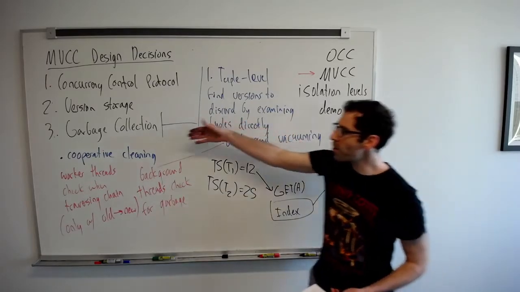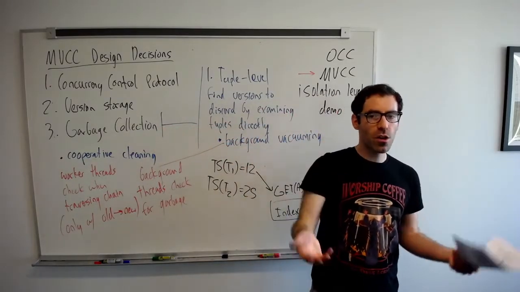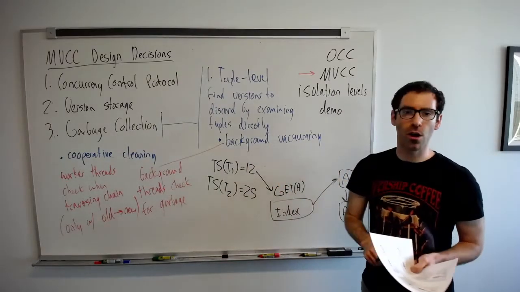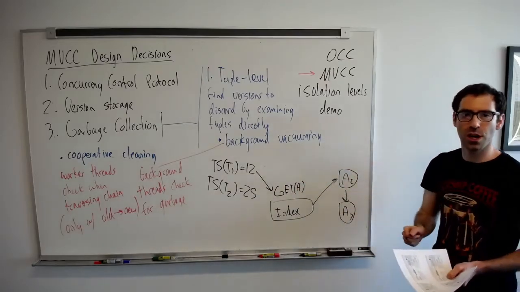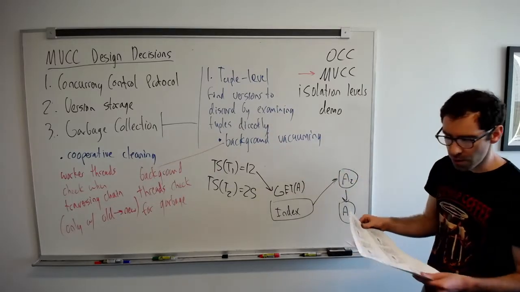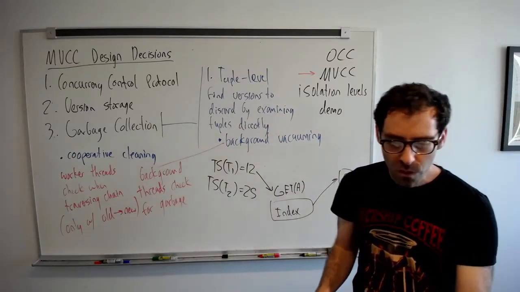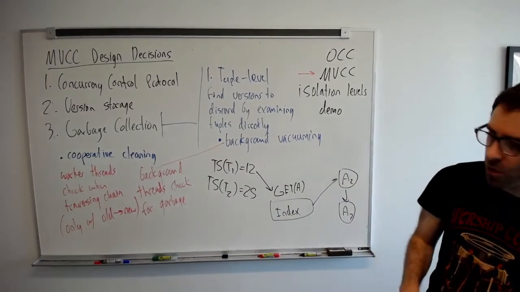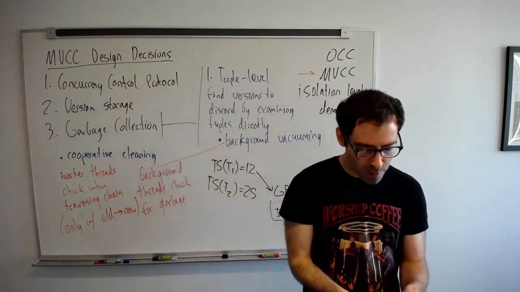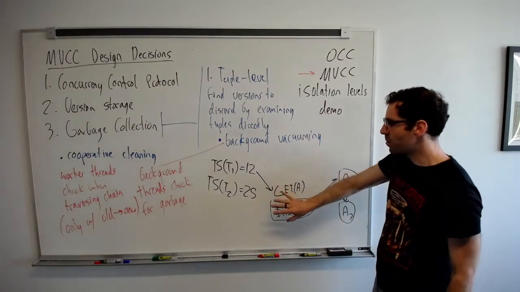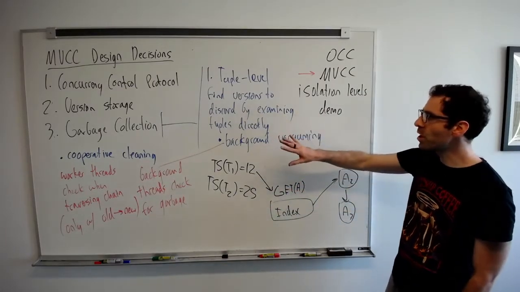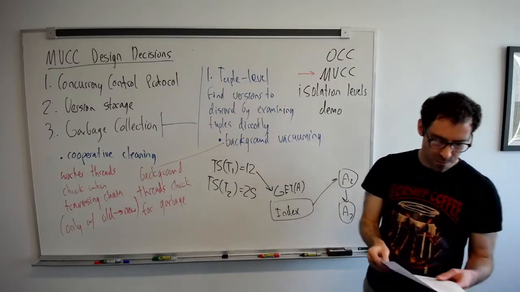And so this cooperative cleaning is, all right, threads that are already doing work will help out, will pitch in with cleaning up our old versions when they traverse some chain of versions, throwing away those that we don't need anymore. All right, so these are the three main design decisions that I wanted to talk about. There are some complexities about how indexes fit into this whole picture that I will omit here for reasons